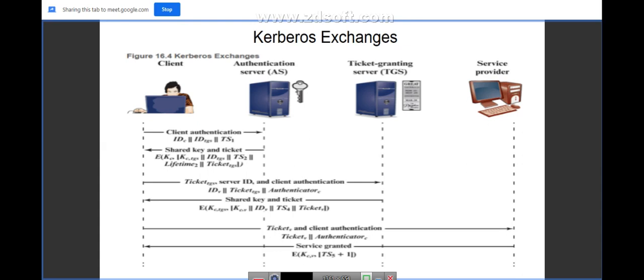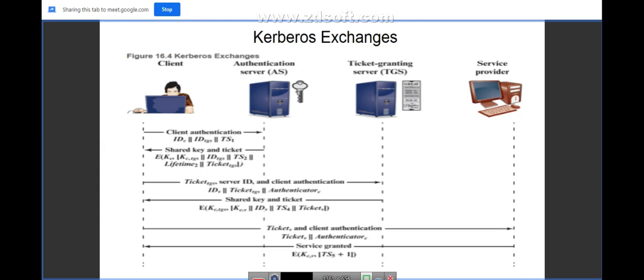So the AS responds with the ticket granting ticket, and in that response, what does it contain? K C. The AS uses K C to encrypt the message. What is K C? K C is the secret key of the user, the secret key of the client. Now, what is K C comma TGS? K C comma TGS is a copy of the session key which is accessible to the client, created by the authentication server, and which permits secure exchange between the client and the TGS without requiring them to share a permanent key as well.